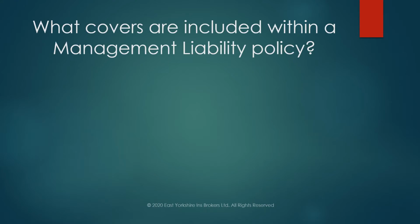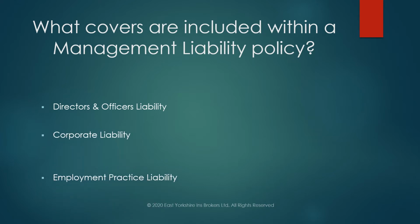What covers then are included within a management liability policy? Normally, there are three core covers included, which are directors and officers liability, corporate liability, and employment practice liability. You will also find some other extensions to cover as well, depending on the insurance company providing the cover. But to give you some brief information about these three, what I consider to be core covers within the policy: